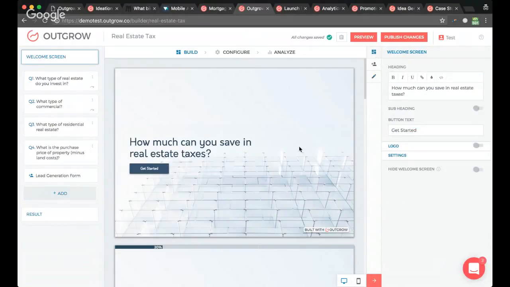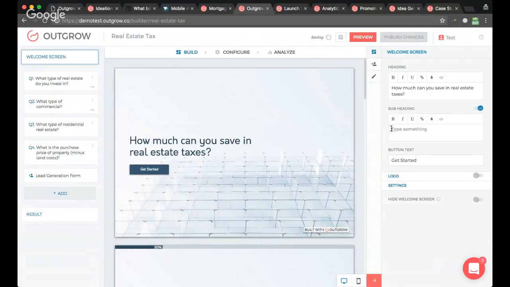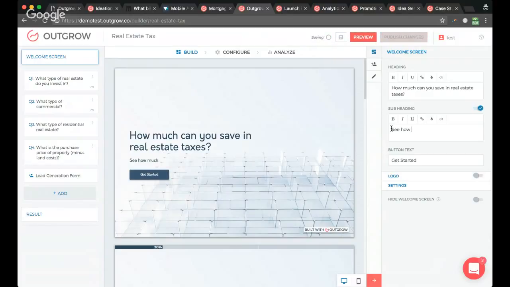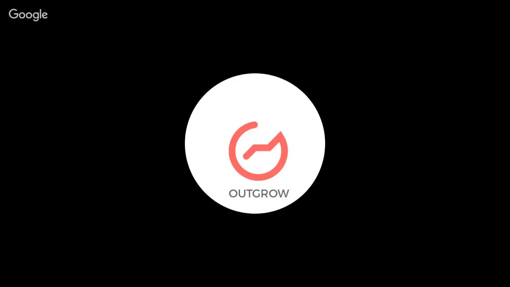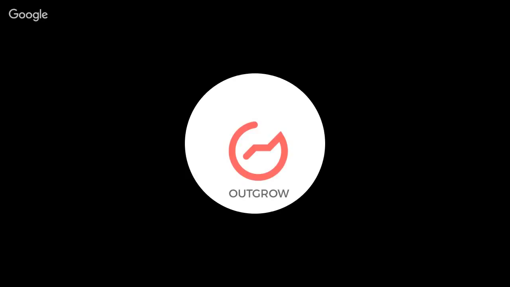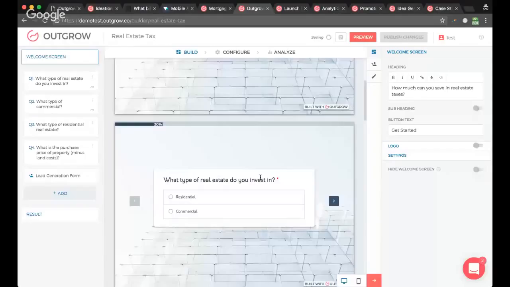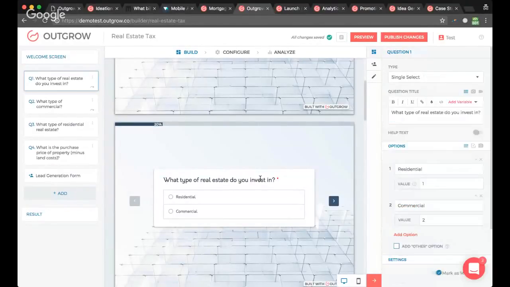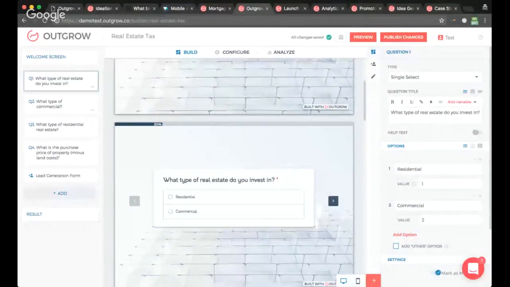And then you can come here and change this, like how much you save on real estate taxes. Let's say I want to add a subheading and say, let's say, see how much... users and send them into different flows because it's a different experience. So what you'll do is you go to question 1 and you say,